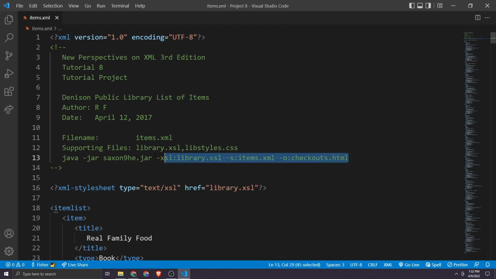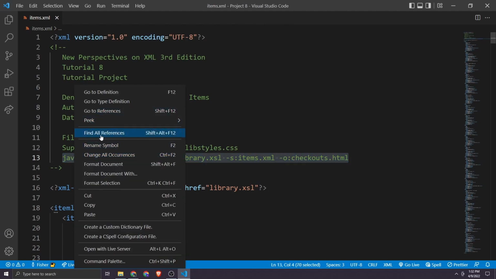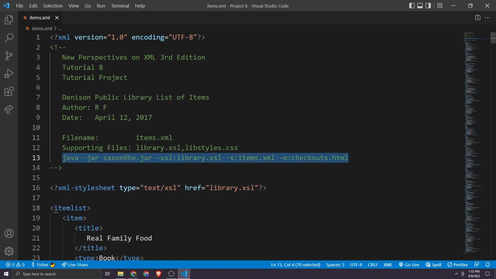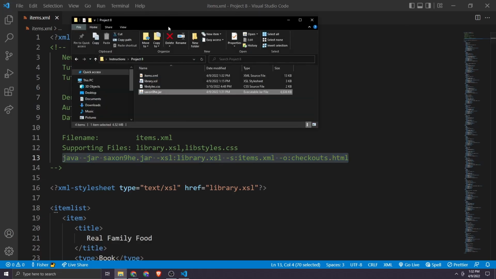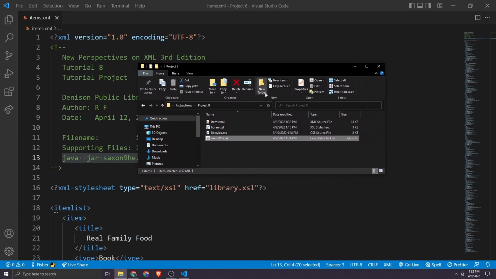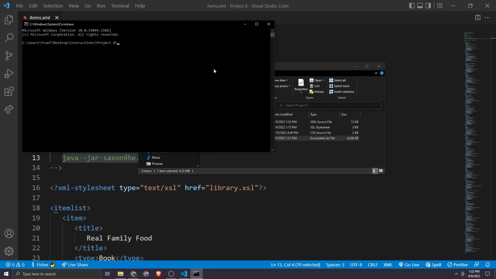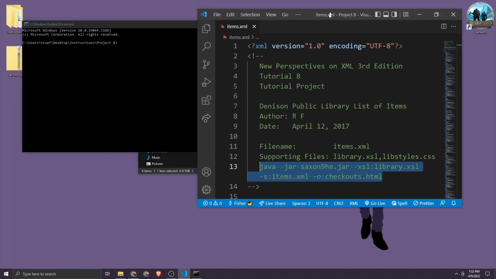Okay, so now I have this, and I'm going to copy this because I want to use this to run my function. Now, in order to run this function, if you will, I'm going to need to use the command prompt. Now, there's a few different ways I can do this, and let's just start with the most straightforward. I'm going to return to my project folder, and I'm going to come up into the navigation bar here, and I'm going to type in CMD, and then hit enter, and that is going to open the command prompt for me